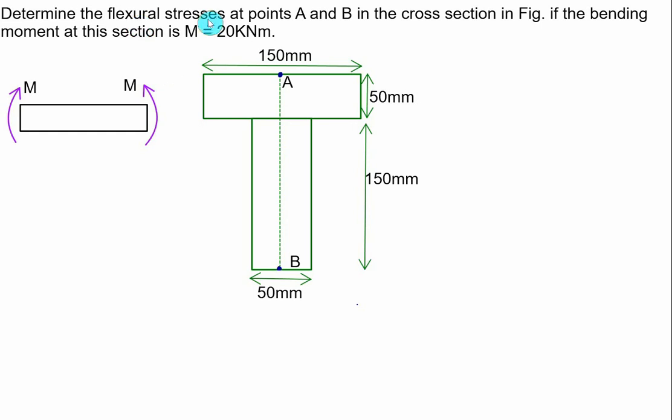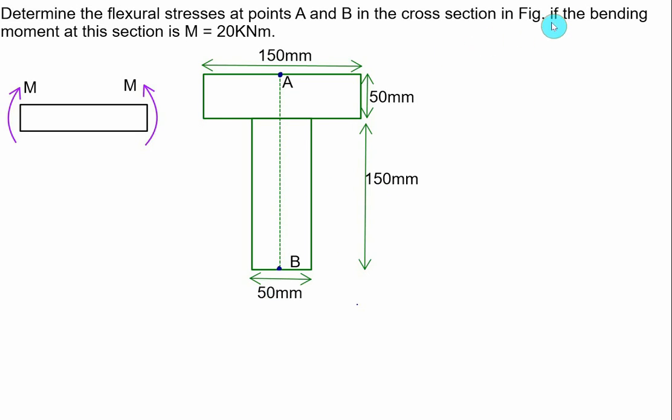Determine the flexure stresses at point A and point B in the cross section. Which one is the T cross section? We have given here the flange and the web. Flange is of size 150 mm by 50 mm and the web has a height equal to 150 by 50